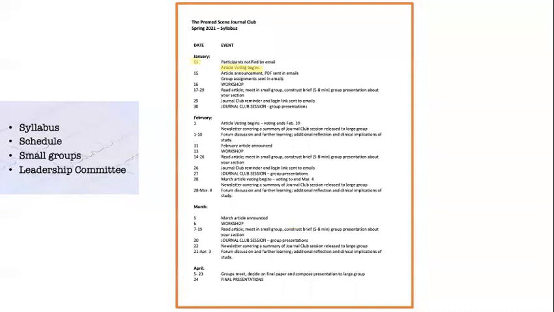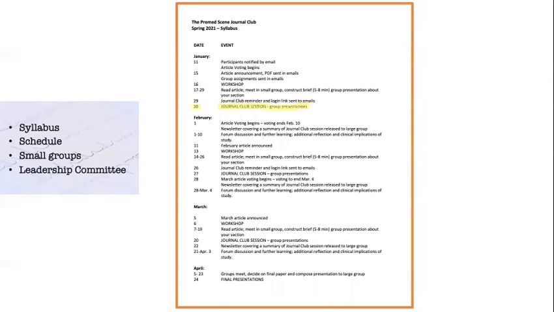Okay, so the beginning of each month, all students voted on one out of 5 or so articles that I picked out. The winning article was the one that we read and we studied for that month. Then in the middle of the month, I have a workshop for the whole cohort, and it's either based around the pathophysiology or the medicine surrounding that particular condition in that study, or just some information about that type of research study and the research methods so that you can just understand the paper a little bit more as you